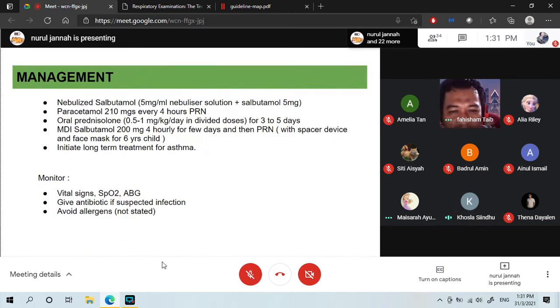This one is the case management. This is how they manage. Why nebulizer? I just want to know why. I think it's because they want to relieve the patient's symptoms. But the patient is not tachypneic. You said in the history there was no tachypnea. Is it correct? Yeah, there's no tachypnea. No tachypnea, no nebulizer. Okay.